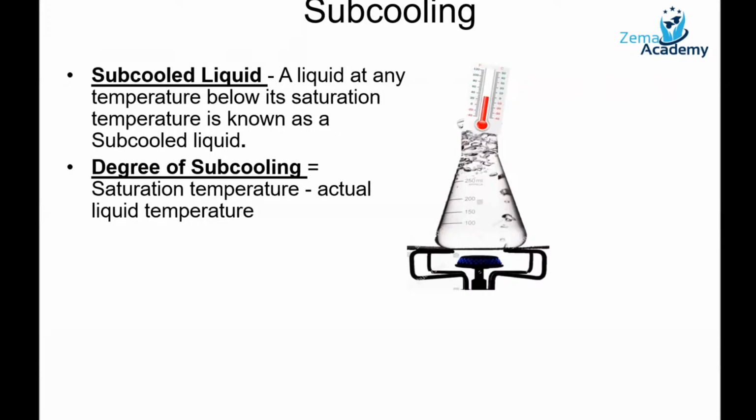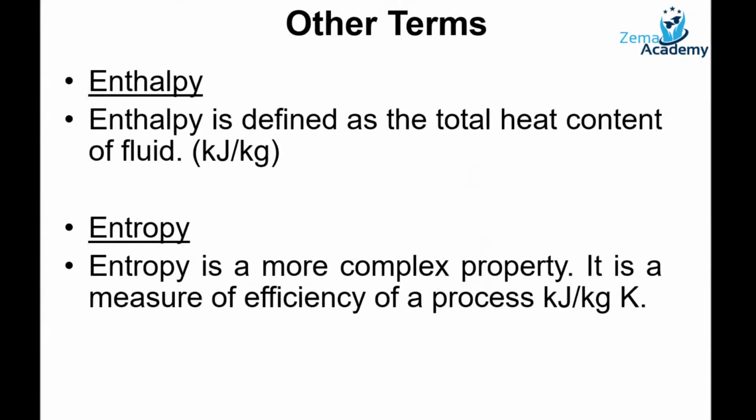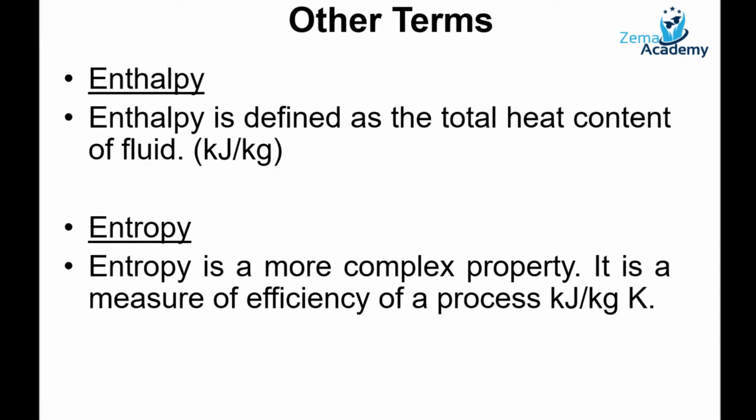Again, this is the opposite end of boiling, which is cooling. So this is referring to any temperature below its saturation temperature. And we can calculate the degree of subcooling: degree of subcooling is Tsat minus T actual. Other terms that we will use are enthalpy and entropy. One deals with the heat content of the fluid, and the other one deals with the efficiency of a process. The entropy tends to be a complex property,